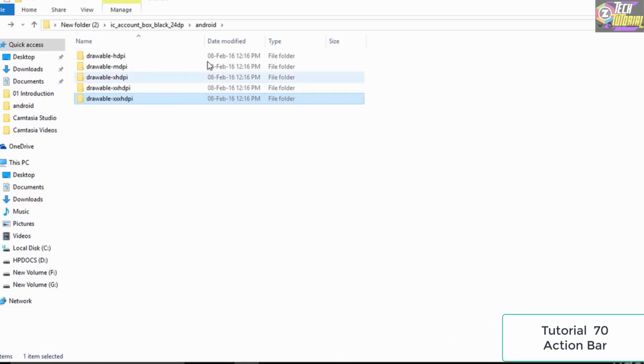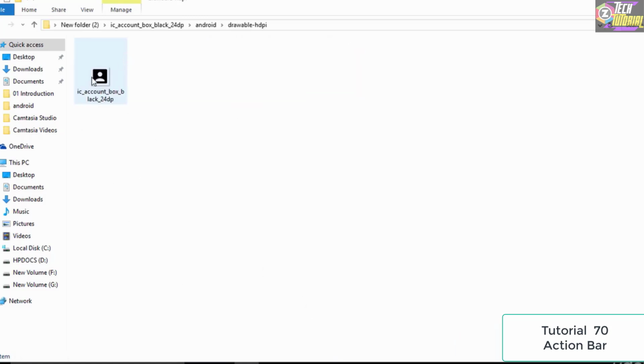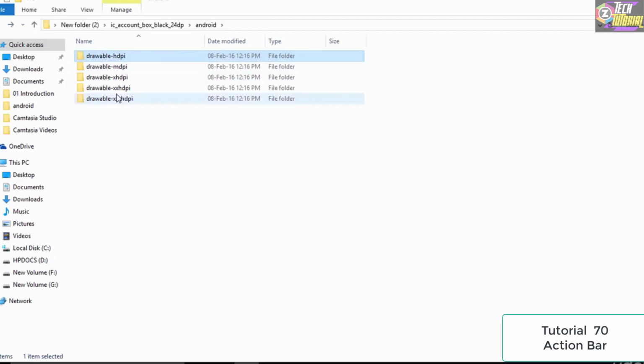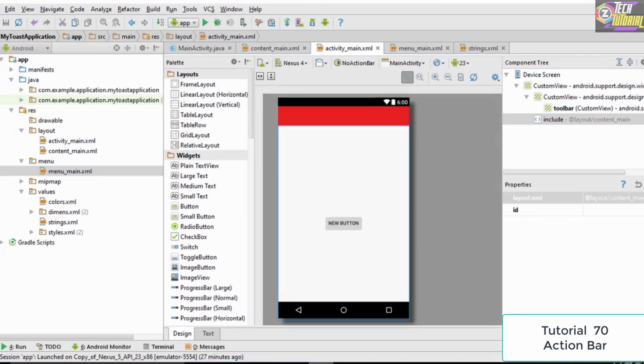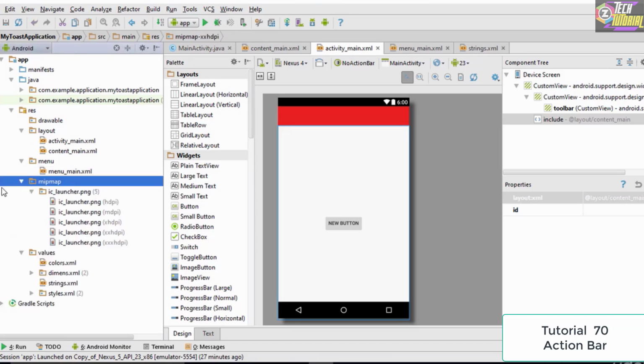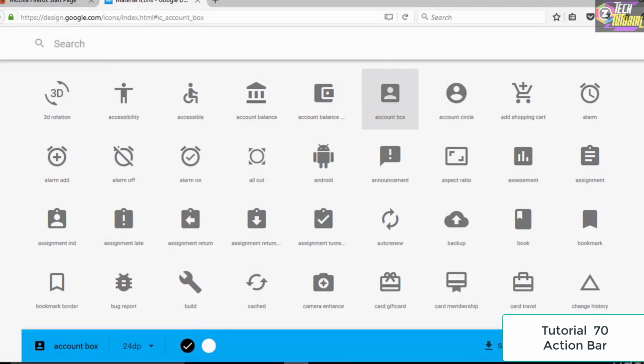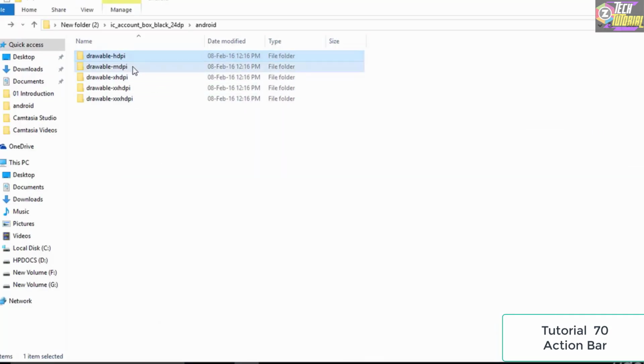What we need to do is copy each and every icon, or we could also copy the entire folder, switch back to Android Studio, and as you could see, there is a folder which is called the mipmap folder. We could simply go to the mipmap folder and paste the folder right over here. What this does is take the suitable icon and apply it over here. But for the sake of this tutorial, what we are going to do is take